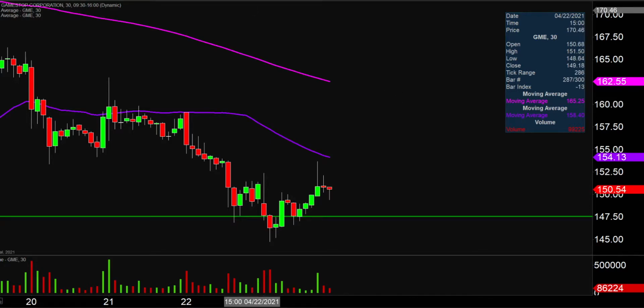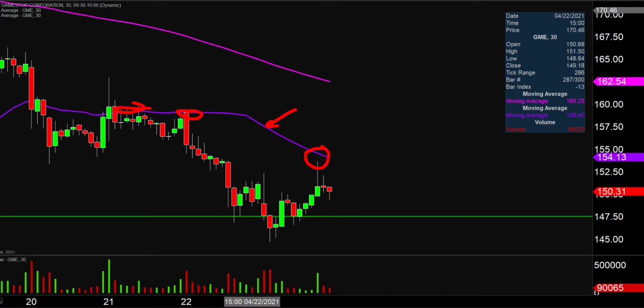And from the resistance side of things, and this will mean a little bit more to those of you that have watched the past videos, I've been talking over and over again about that purple line right there, the 50-period moving average, and you can see that that's been a problem point there, and then once again this afternoon, the price went on that big move up. Never hit the purple line exactly, but it definitely got within the general vicinity of it before the